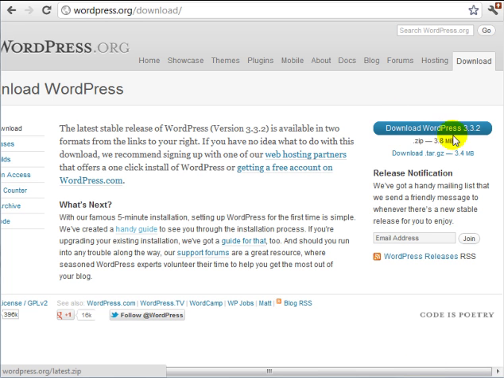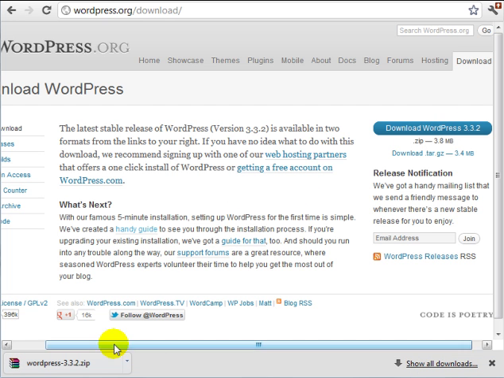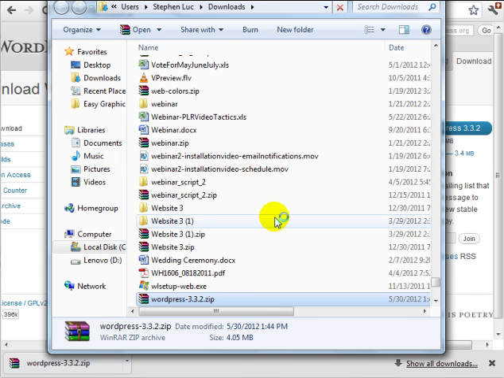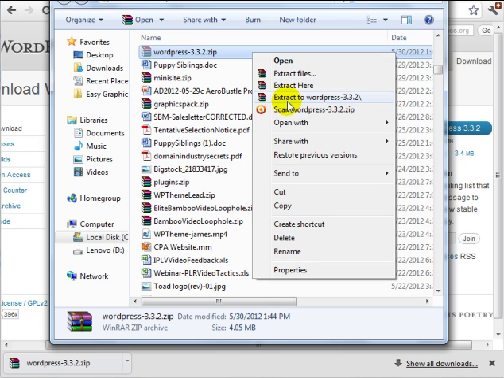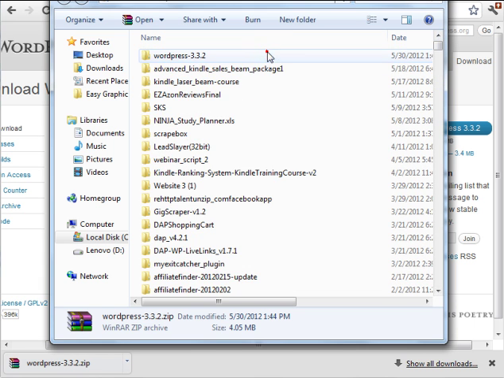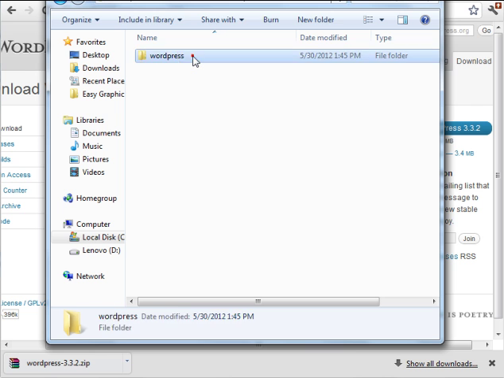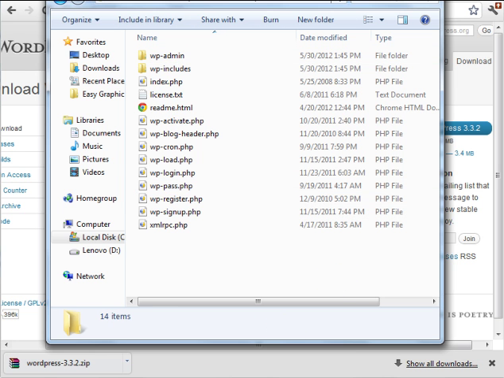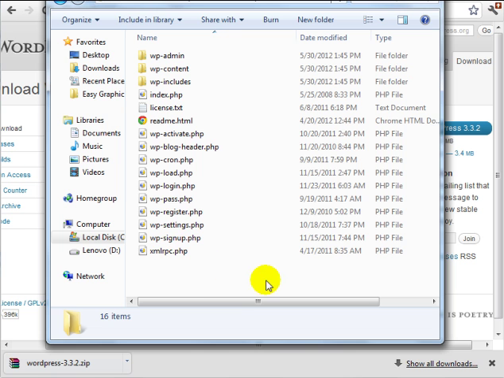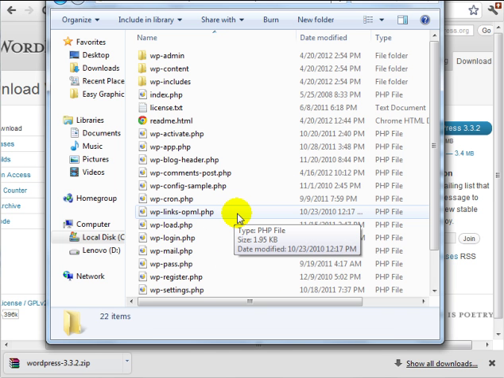Just click on the blue button to the right, Download WordPress. And of course, you're going to need to remember where you save the file. I'm using Google Chrome, and if I just click on this and show in folder, I can easily find the file. So I'm going to go ahead and extract this folder onto my computer. Then the next step, of course, is to create a folder via FTP and begin the installation process. Basically, I'm going to upload the WordPress software files into a specific folder on my